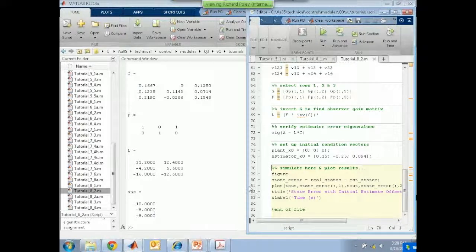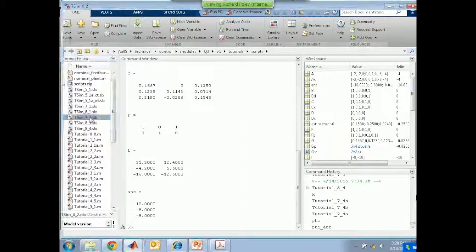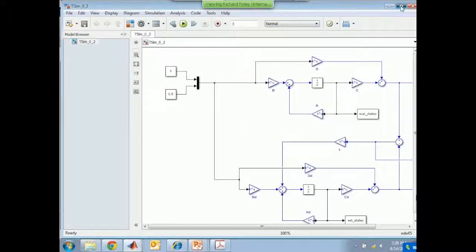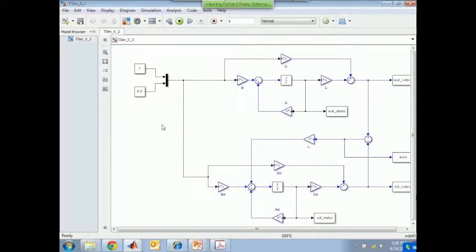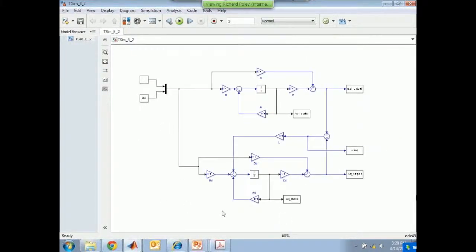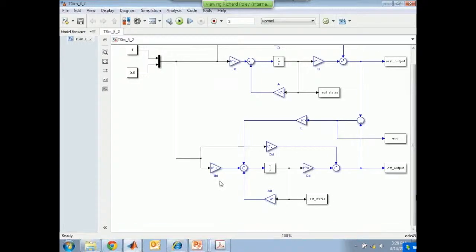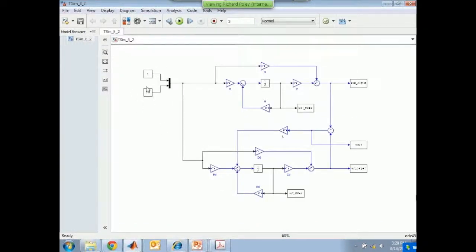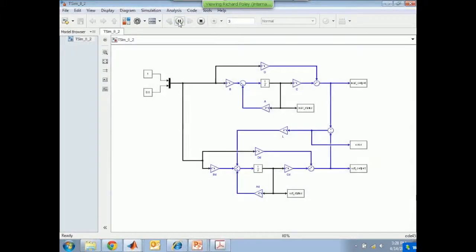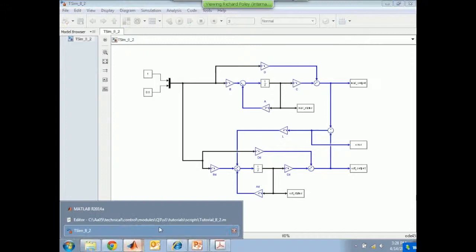And so now what we're going to do is to simulate this and check that it's right. Okay, so nothing very different here, except that we are not using integral control in this example. All I'm doing is applying fixed values to the two inputs to this system. There's no kind of dynamics going on. All I'm looking for is convergence of the states. So we'll do that and then plot the results.